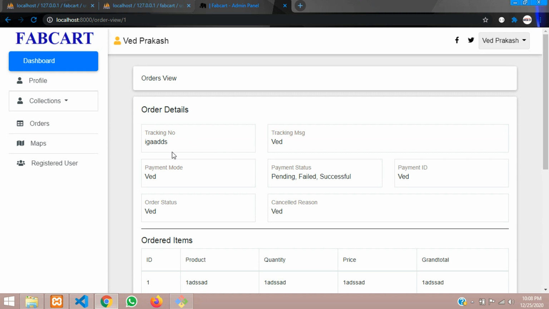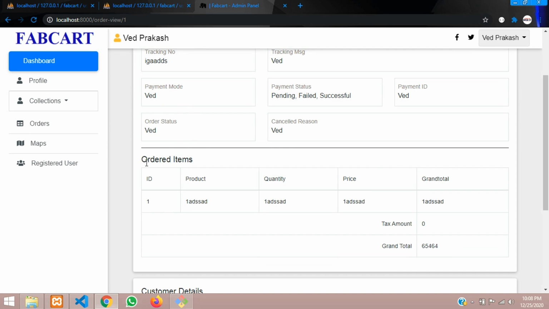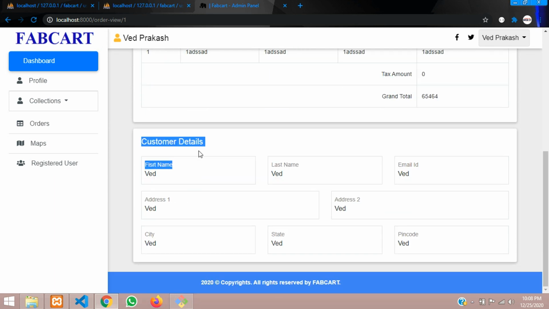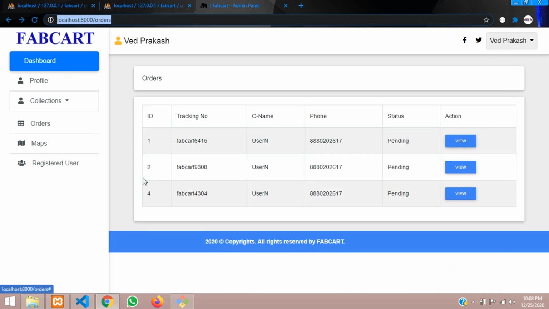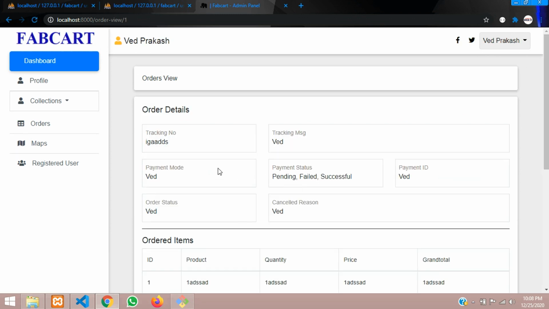So now our design is ready. As you can see that we have order details and ordered items, and then your customer details for this single ID order, right? So in previous video we have learnt about fetching this, right? So as you can see that, let us just, design is completed. So now guys, we will fetch all the details in this. Like I have just given a dummy data over here, so we will display according to whatever we require.